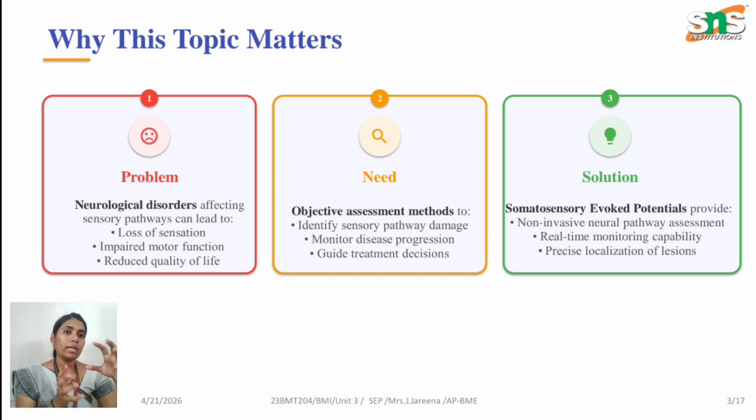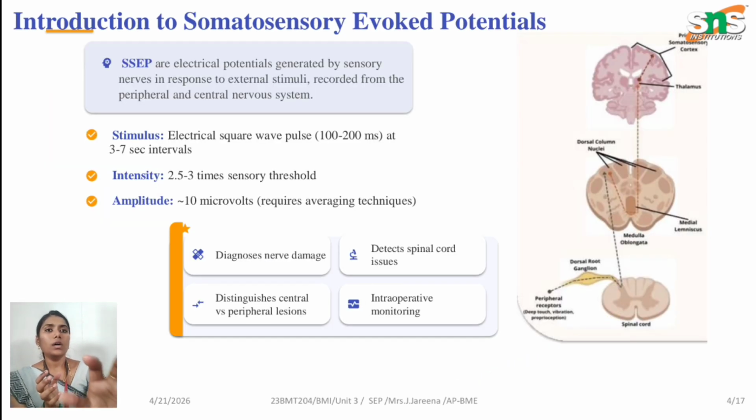For this problem and need, a beautiful solution has been given, that is somatosensory evoked potential, which gives a clear objective assessment of your sensory pathway. You can have real-time monitoring capability also to record where the problem is. It easily identifies the disorder area, that is the malfunctioning area, and then we can make decisions according to the disease progression, and also give very good treatment discussion and treatment plans. That is how the somatosensory evoked potential has evolved and come into the picture, especially in hospital